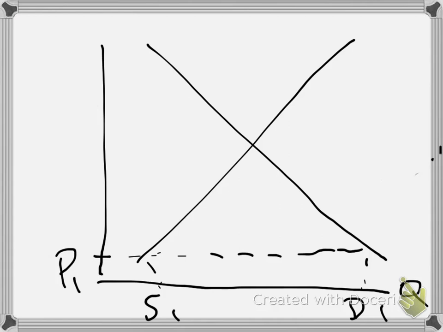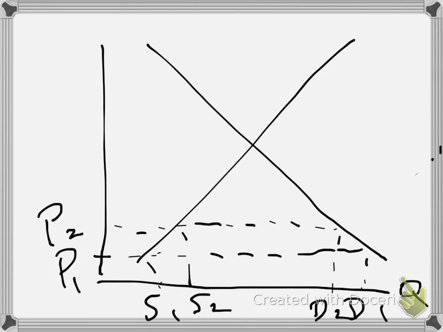So if the import quota is less than this amount of imports, what will happen? Well, there won't be enough at that price, P1, to satisfy the domestic demand, and so the price will rise domestically. So the price might rise to, say, P2. At P2, we have a new increased supply and a reduced demand, and we have a new amount of imports, D2 minus S2, right? And that amount may still be larger than the quota, and so the price will continue